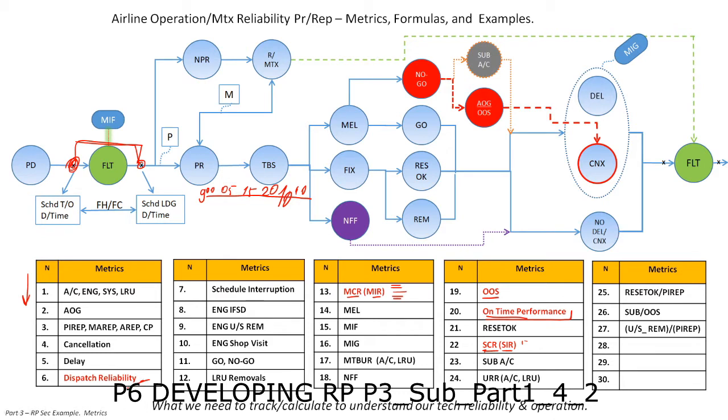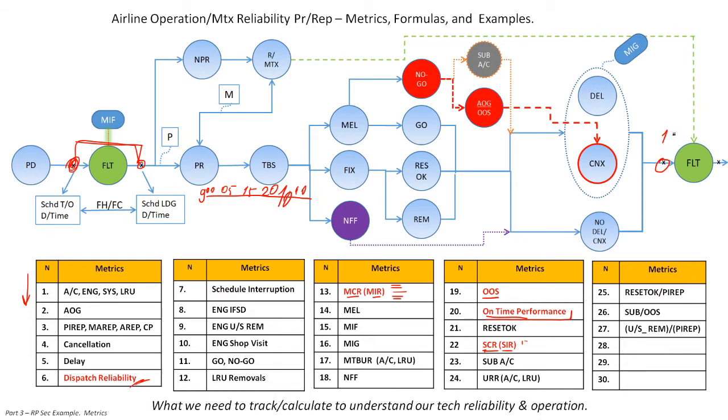Let me explain. It's related to dispatch reliability. Let's say we have 100% dispatch reliability. Then we always have to ask the question: how many times do we use a substitute aircraft to achieve this 100% dispatch reliability? See what's happening here. Let's say we have 100 scheduled flights. If out of this 100, 10 times we use a substitute aircraft,